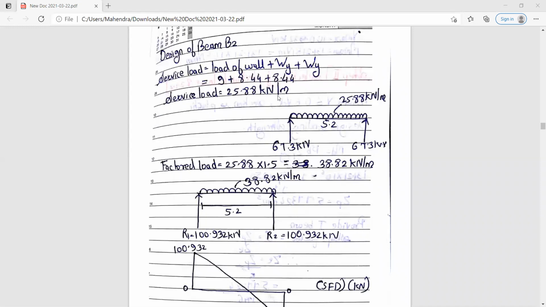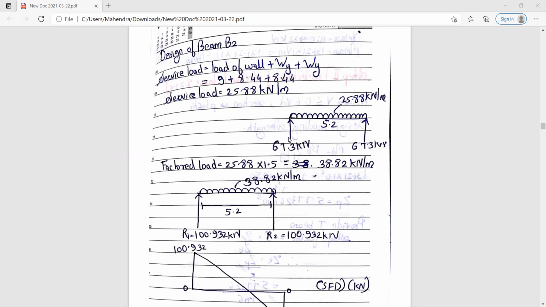अभी बीम B2 के लिए टोटल हाइट ऑफ द wall is 5.2. So that we are going to consider over here. And उस पे जो एक्ट करेगा वो एक्ट करेगा that is uniformly distributed load. मतलब UDL is acting over there. So UDL हम लोग ड्रॉ करेंगे for the beam B2 and the service load is given to you that is 25.88. उस पे से आप ये रिएक्शंस कैलकुलेट करोगे. सो रिएक्शंस की वैल्यू आपको मिलती है 67.3 किलो न्यूटन.